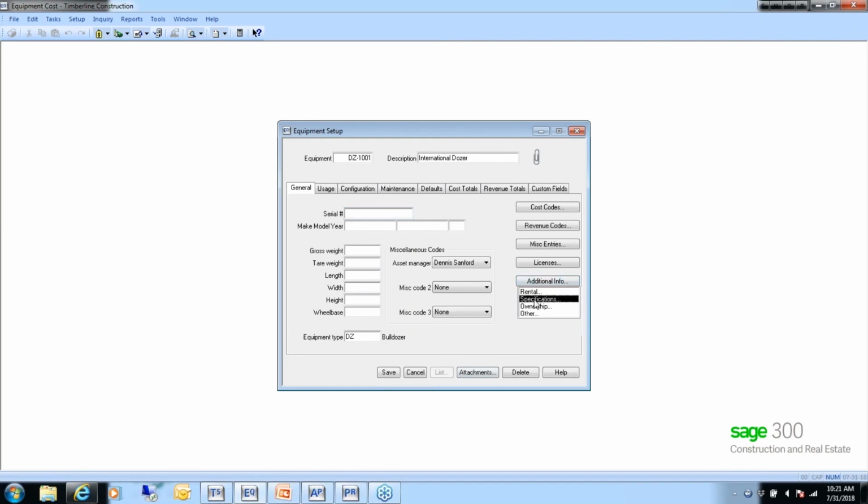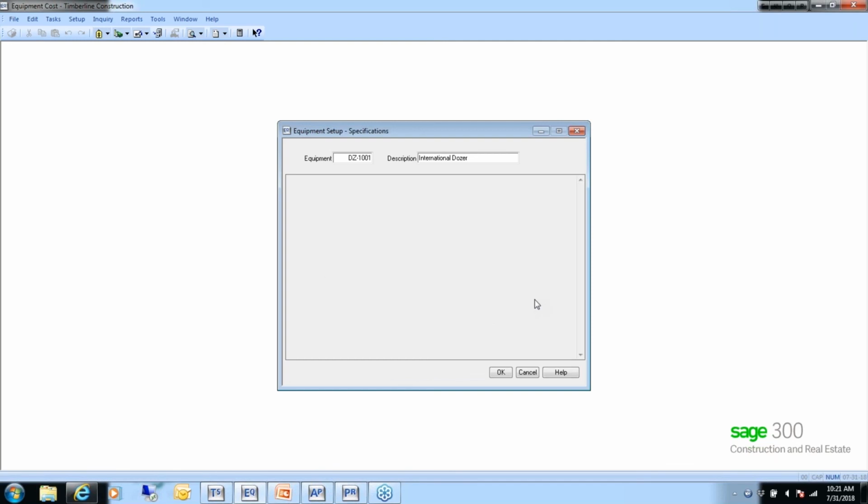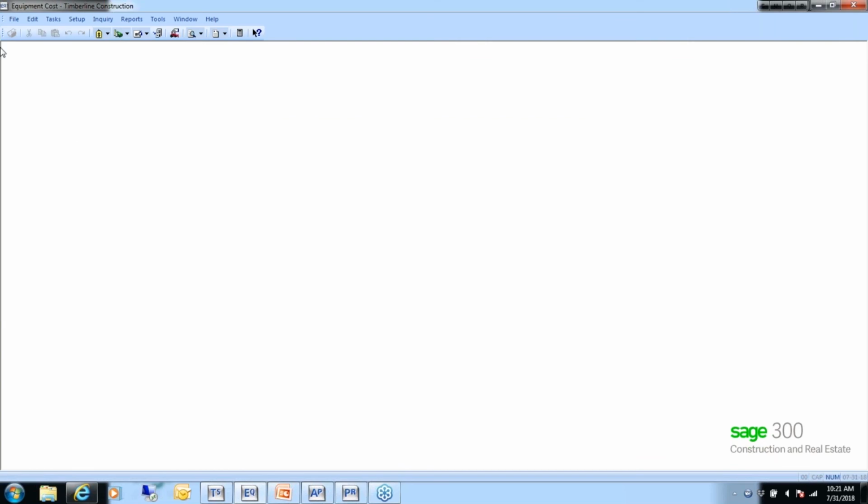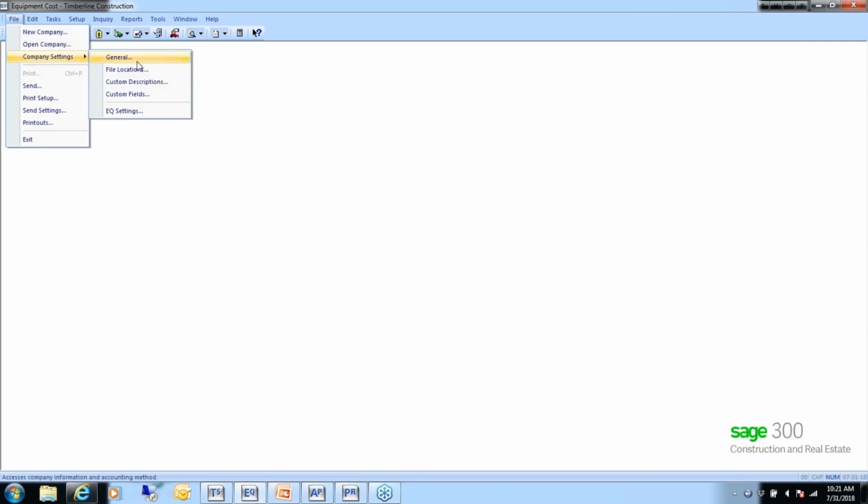And then along with that, we have an additional information button here at the bottom that gives us 4 areas that we can come in and add information into. The first one is called rental. So if you are renting equipment yourself and you're going to use that on your projects, and you want to be able to track that rented equipment along with your own, you can set that equipment up in EQ,